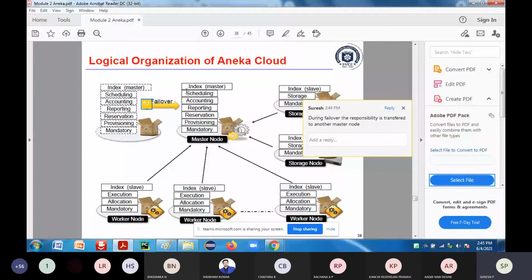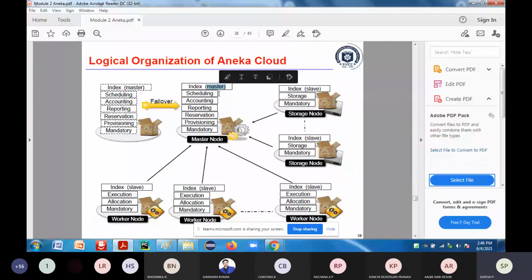Since we are providing the RDBMS service, I should know in which state that particular database is, and what type of database and what work it is doing. To monitor that activity, I have to keep those RDBMS services in the master node only.